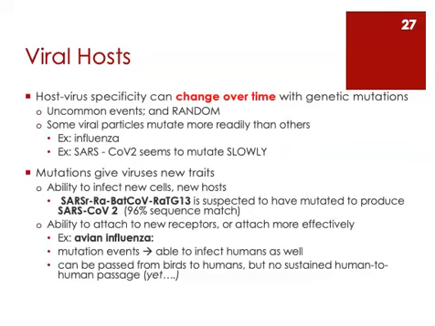So mutations give viruses new traits. And again, sometimes it means new hosts. Sometimes it means new cell types in the old host. Sometimes it means that they can attach to receptors better. Sometimes, in other words, viruses that could bind to a particular receptor undergo a mutation that makes them bind to that receptor much more easily. So they can get into cells much more easily. They're more pathogenic, in other words.